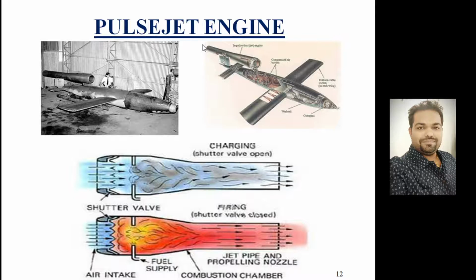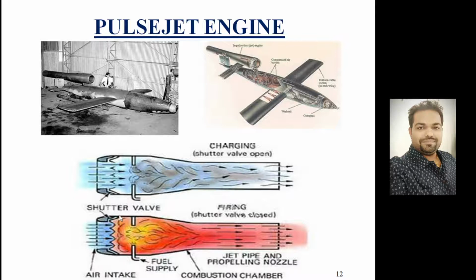Look at the cut section of it. It will look like this. It has an intake followed by the valve grids. These are the valve grids, some sort of springs that open and close at their own spring pressure, followed by the flame holders. This is the injector and flame holder. Here combustion will happen in the combustion chamber. Then this is the duct through which the flow accelerates and provides the necessary thrust.